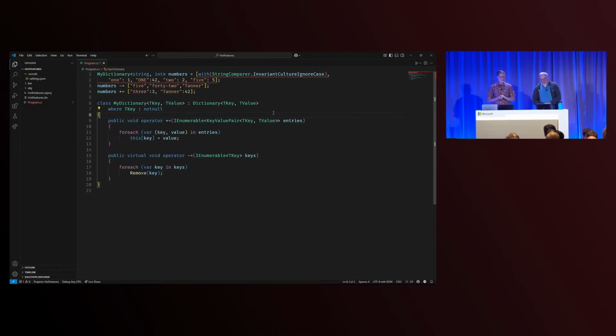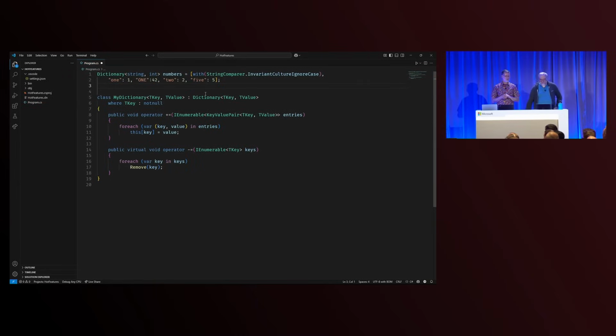Why do you have a red squiggle? The reason I have a red squiggle is because we're still using this My Dictionary. My Dictionary doesn't have that constructor. Oh, you're right. Okay. So we should point out that we've been using this silly type the whole time. Yeah. But if I just use dictionary, then you'd be much better, and then we can get rid of these because they don't have those operators. So of course the built-in dictionary class will support this. It has a constructor that takes a comparer, and you can use that.